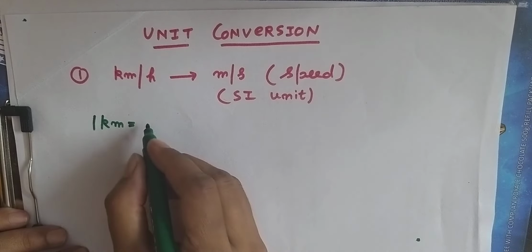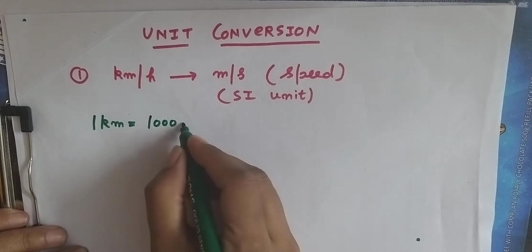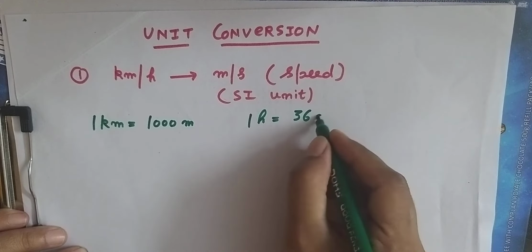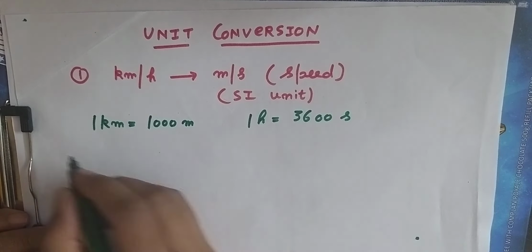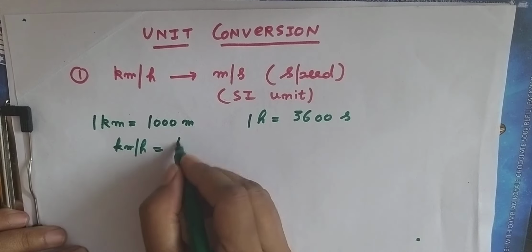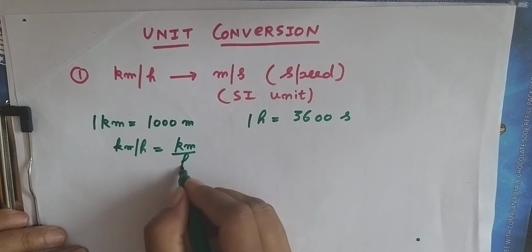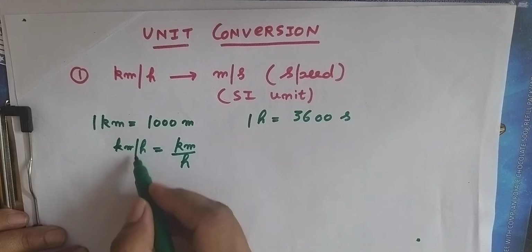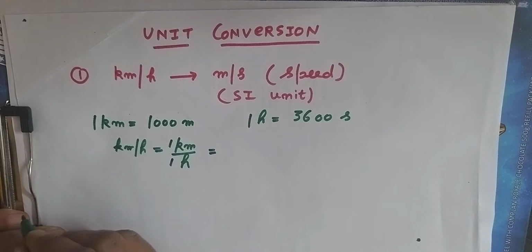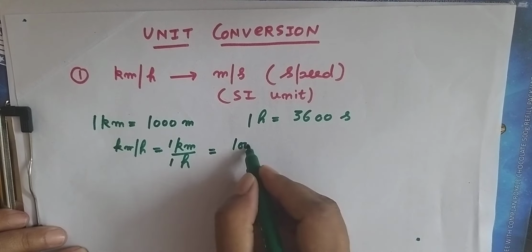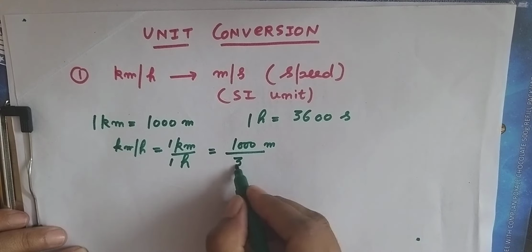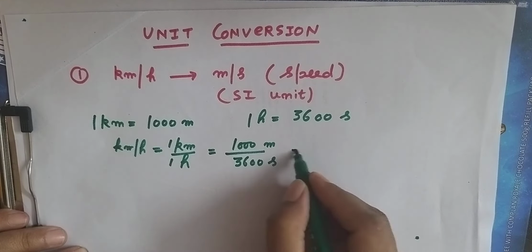As we know, 1 kilometer is equal to 1000 meters, and in 1 hour we have 3600 seconds, right? So to understand kilometer per hour, I can simply write it as kilometer / hour, where this dash gives the division sign. So 1 kilometer over 1 hour. 1 kilometer has 1000 meters, so I'm writing here meter, and in an hour there are 3600 seconds.